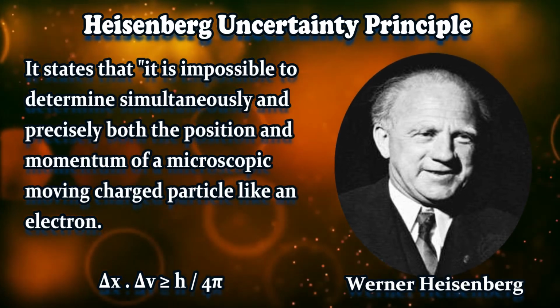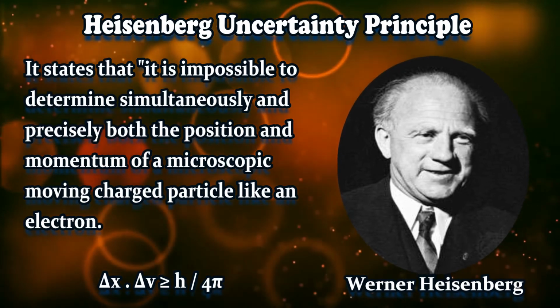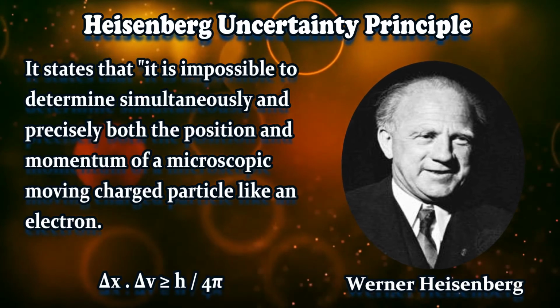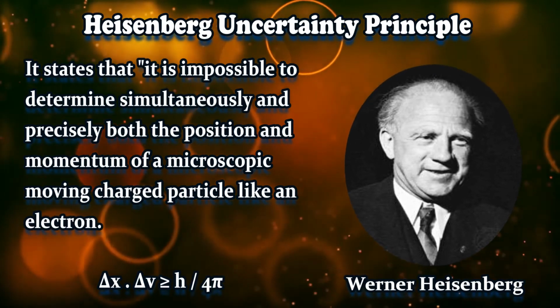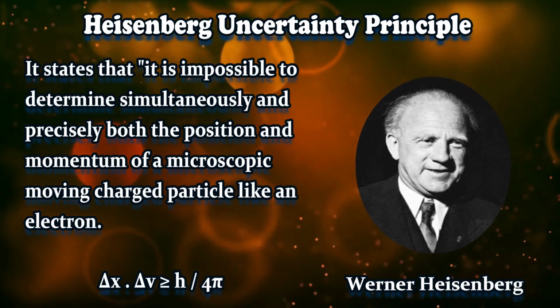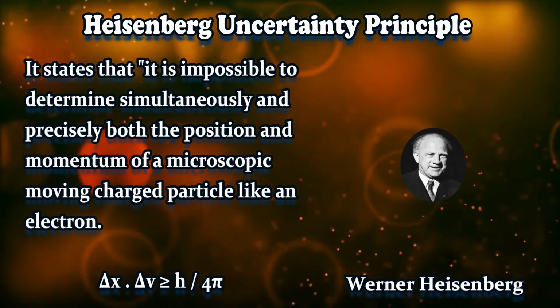Suppose in a game of cricket, one bowler is bowling and a batsman is trying to hit the ball. Then what is the probability of the bat hitting the ball, or the probability of the ball hitting the bat? That is what we can find using the Heisenberg uncertainty principle. But the data will be somewhat different from that of the electron, because the ball has much more mass compared to that of the electron, right?